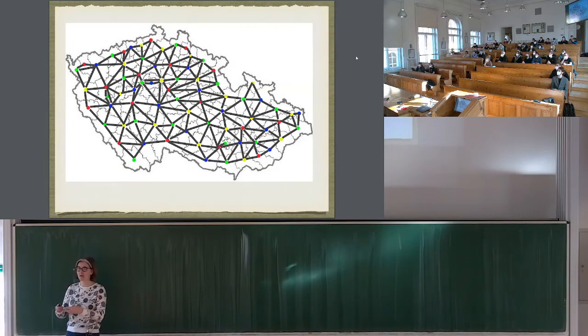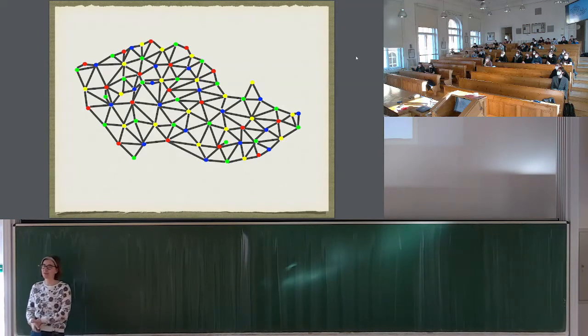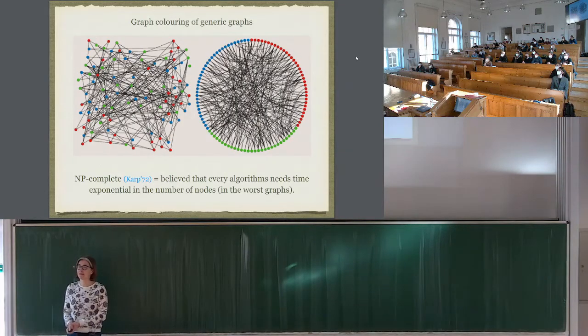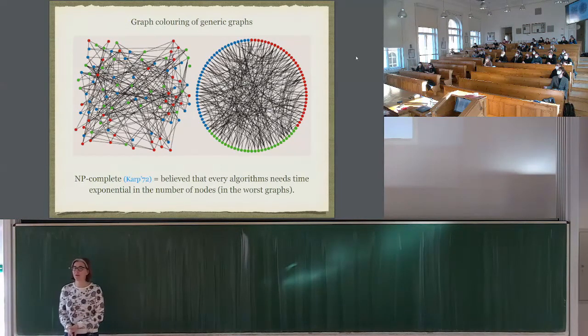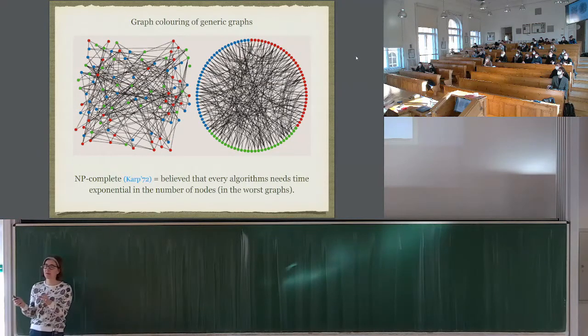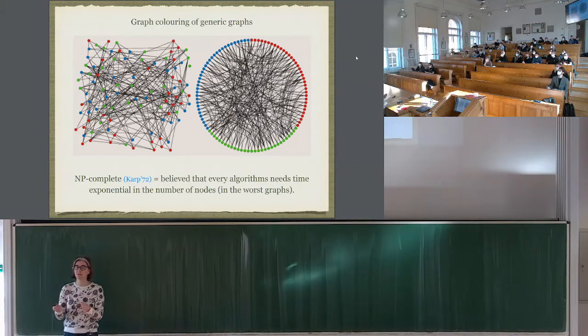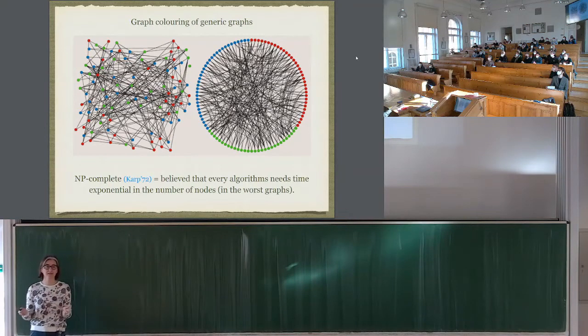Okay, that's graph coloring. This is a graph. If I now forget the map, this is a colored graph. And this is another colored graph, a different one. On the right and on the left, it is actually the same graph. Because when I talk about graphs, I don't particularly care about where I put the different points. The only thing that is important is who is connected to who. And this table of who is connected to who, that's the description of the graph. That's the only thing I care about.